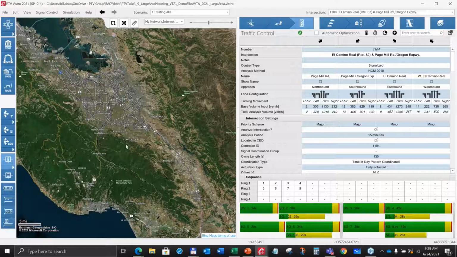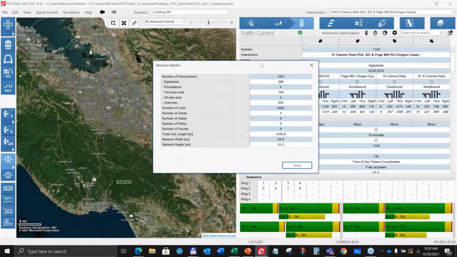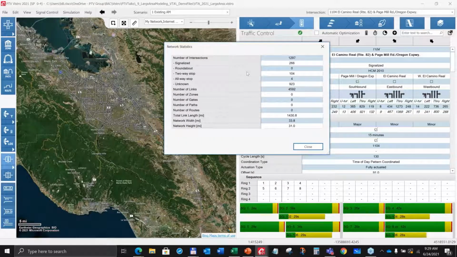Santa Clara County is one of the 9 Bay Area counties on the south end of that metro area. A couple of things I'll point out here, just so we can look at sizing and statistics. In this case, 252 signalized intersections that they monitor. We have a couple extras in here, and a total of about 1,300 intersections in this Vistro network altogether, including some two-way stops and a bunch of unknown or dummy intersections in the network building process to provide various access points and curvature and so forth.